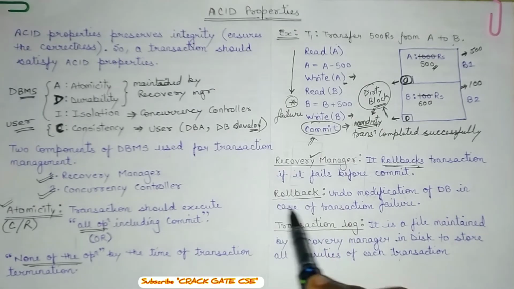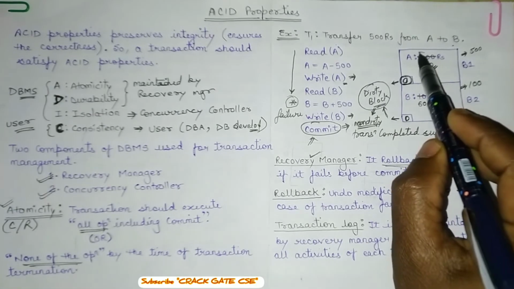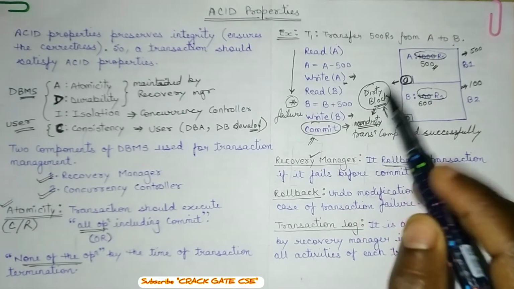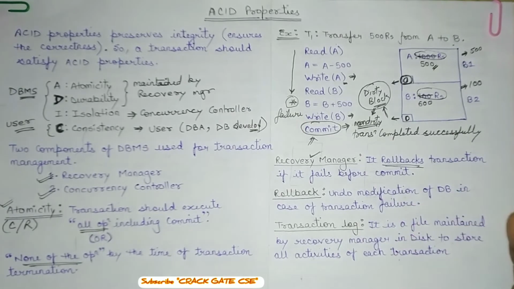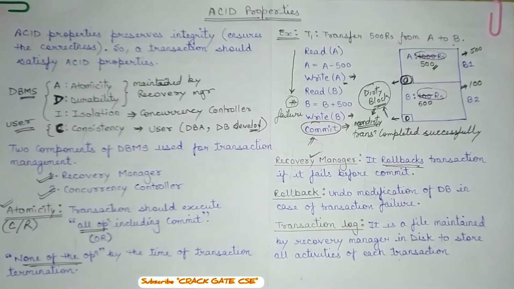Now how does this rollback or the recovery manager get to know what are the previous values that we have updated? We have to roll back to the initial value, but for that we have to store those initial values at some place, right? Because if we do not store the initial value, we will not be able to reset the values to the old values. So these old values will be taken from this transaction log.